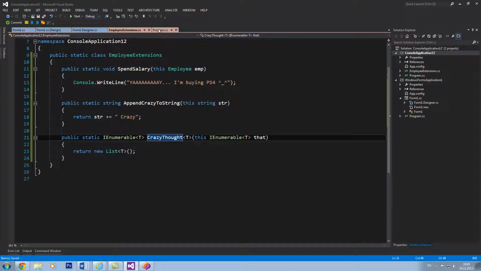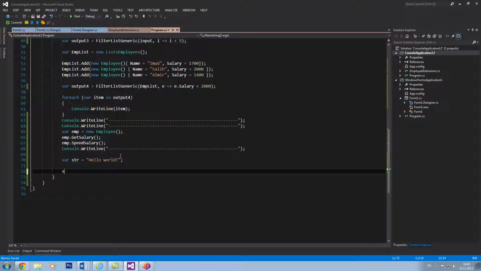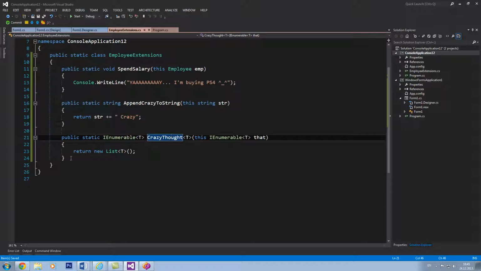So if you look here, I could have str.CrazyThought, I could have lst or input.CrazyThought, I could have output.CrazyThought. You see, anything which implements the IEnumerable interface will have this extension function, and it is really great because